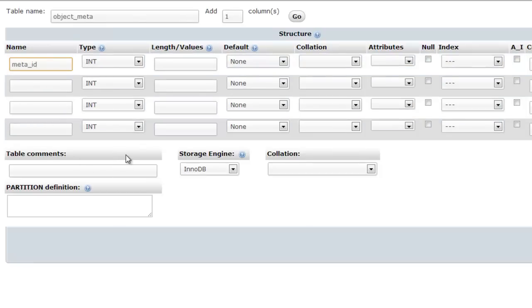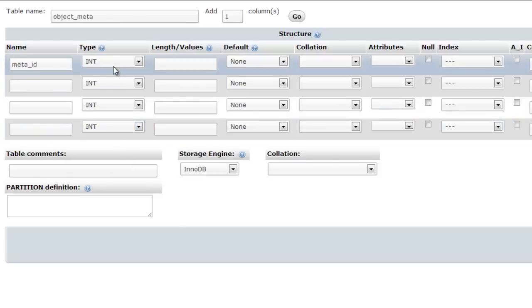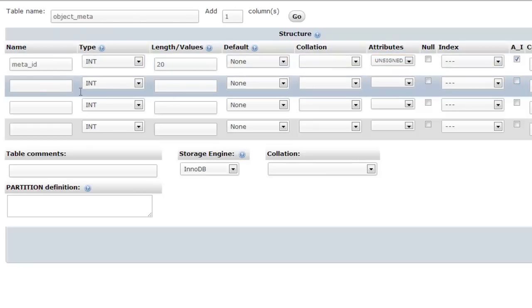All right, so for the meta ID, we're going to want to use our Bigint 20. And again, for this, we want to have it unsigned. We want to have it auto increment. Okay. And then for the next field, this is essentially going to be our object ID. So this is going to reference the objects in our objects table by ID. So that's where we're going to put this. Looks like I missed